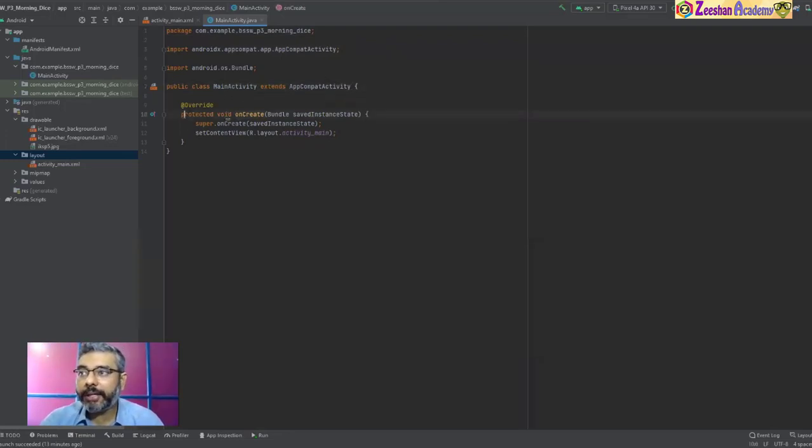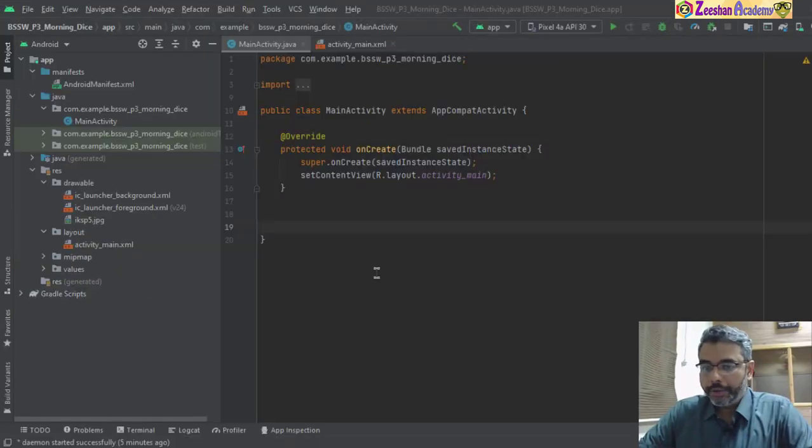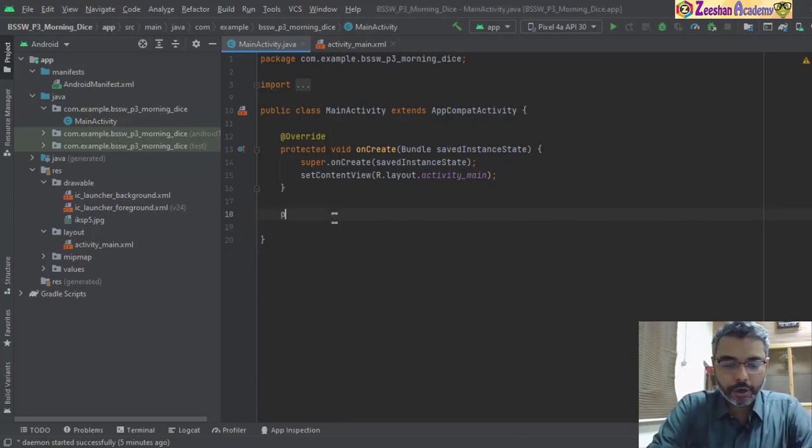Within this, we have protected void onCreate. We will talk about the life cycle in the next class, so don't worry about that. Okay. So in the next lecture we will upload regarding the life cycle of Android. We will discuss onCreate, onView, onDisplay, and onDestroy, and other things. Okay, so now what we do, we come back here and we write a function called public void,